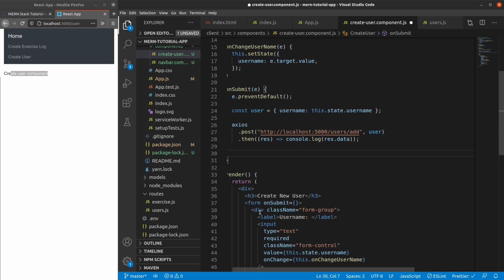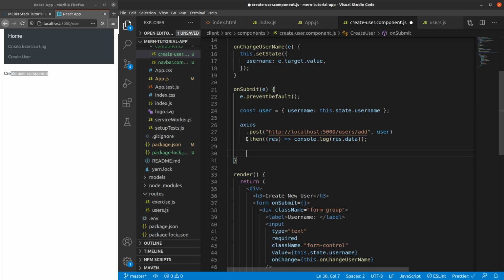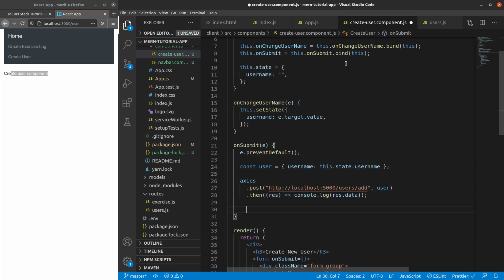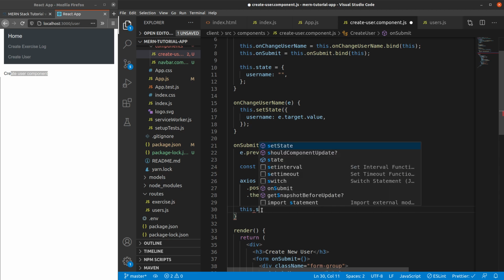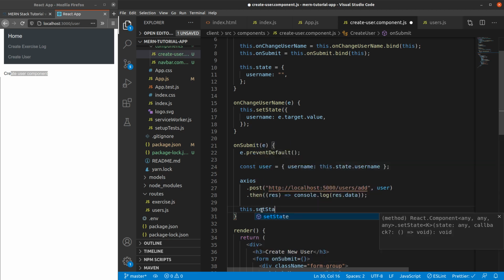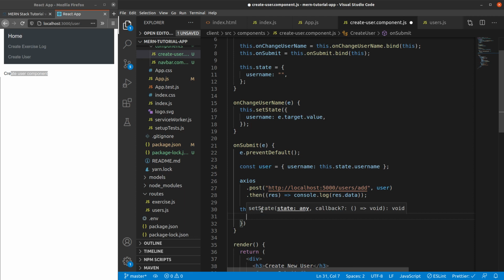With this, our application will post the user data to the backend server and this gets saved. Once this is saved, I think we can clear the state object itself with setState. Once this is saved, we need not hold the previous detail in the state object, so we will just mark it empty.